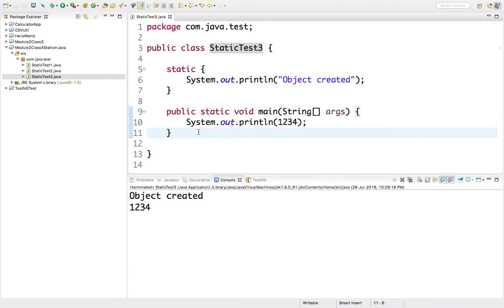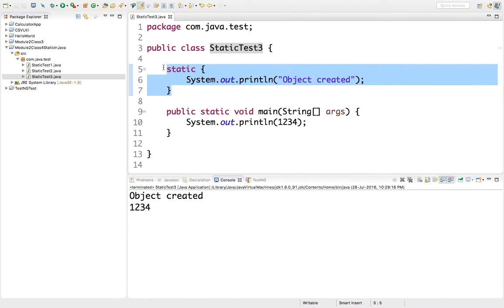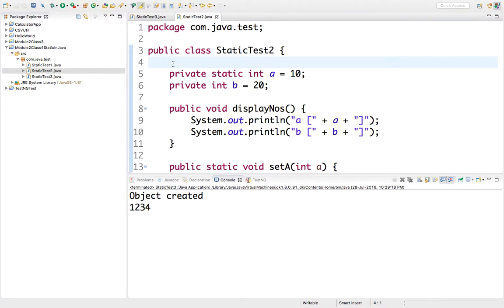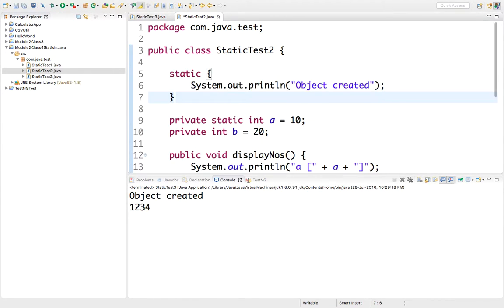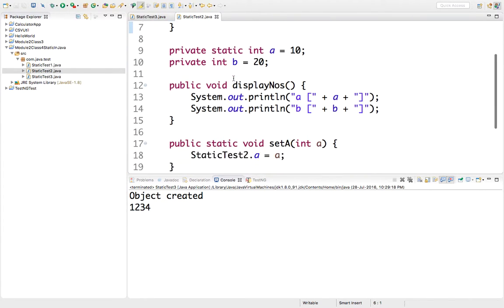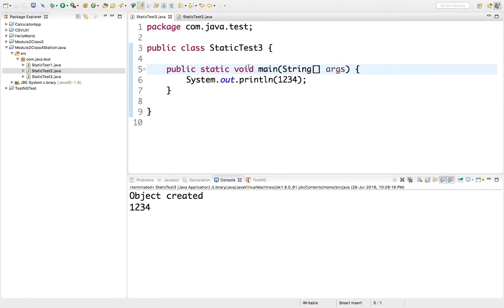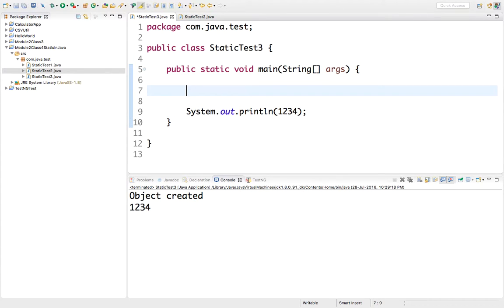Let's show this in a different way. We had static test2. We are going to create one object of this class and we have a static method, right? So I can always write static test2 test equal to new static test2.